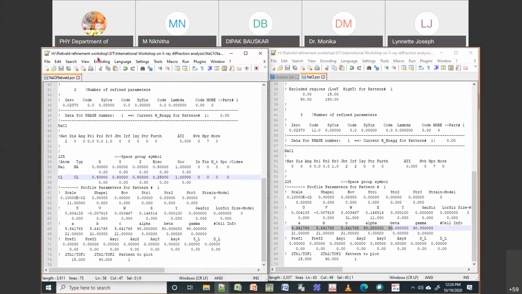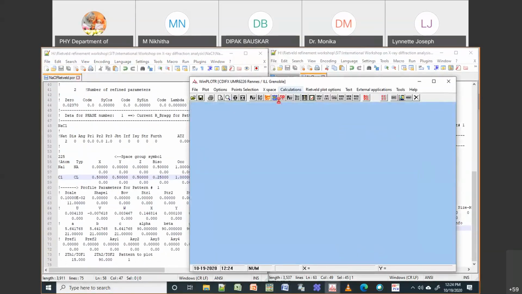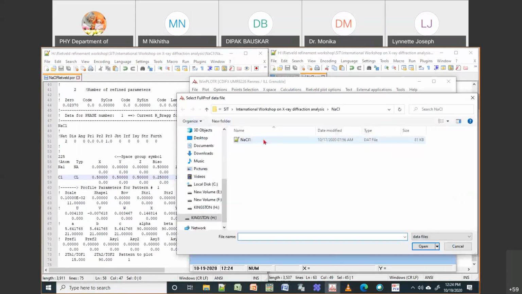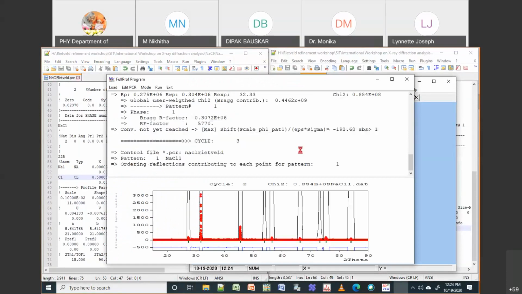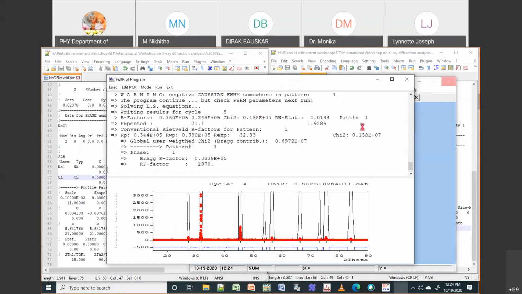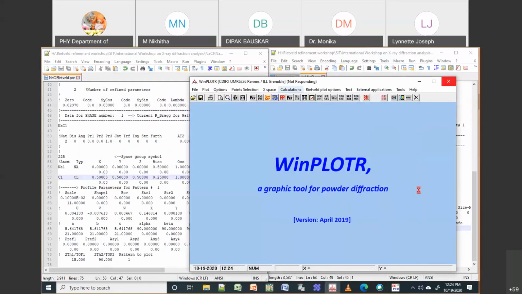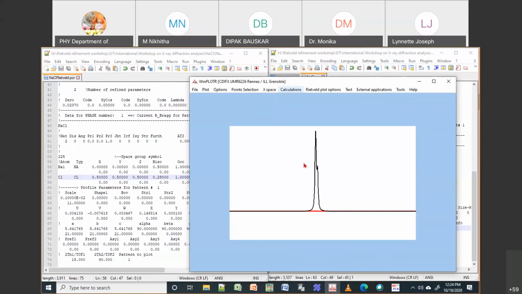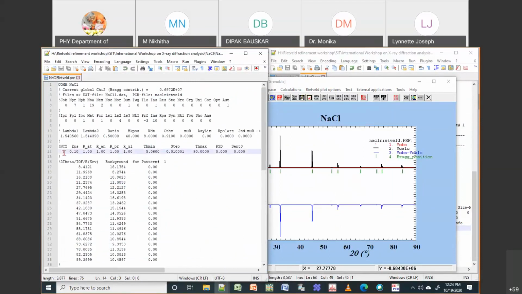So what I will do, I'll go here. I will try to do it like this. I will run this refinement. You see it has a high chi-square, but you allow it to run for more cycles. It has given some pattern, but if you zoom in, you can see your data is still not visible. So you just allow it to run for slightly more cycles. This is the number of cycles. I'll put it as 20.